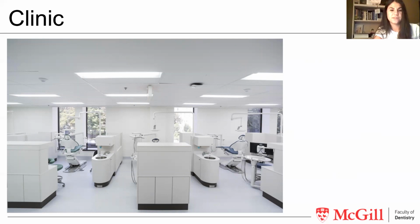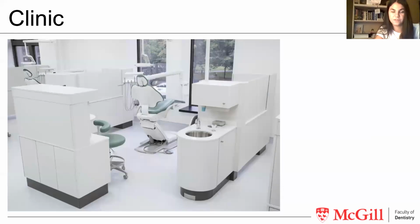This is really just a view here, as you can see, of 3 ops, but there's 39 ops, and every op is quite literally a little mini clinic. So everything you need to work is in your op, except for the supplies, which you need to go get. And as you see here in this close-up, you have your chair, you have your